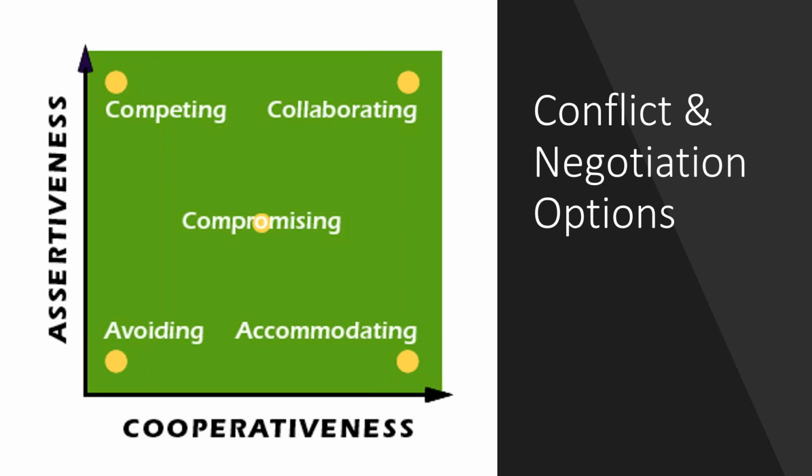So that's competing. Now, if we go to the other end, which is the opposite end, we look at accommodating, which is actually lose-win. That is, you lose and the other person wins. So in other words, you let the other person get their way. Now, why would you do that? Well, it's a perfectly useful idea when you follow the old adage of letting people win the battle so that you can win the war. If the issue is more important to them than it is to you, then it's quite possible that accommodation is the right way to go.